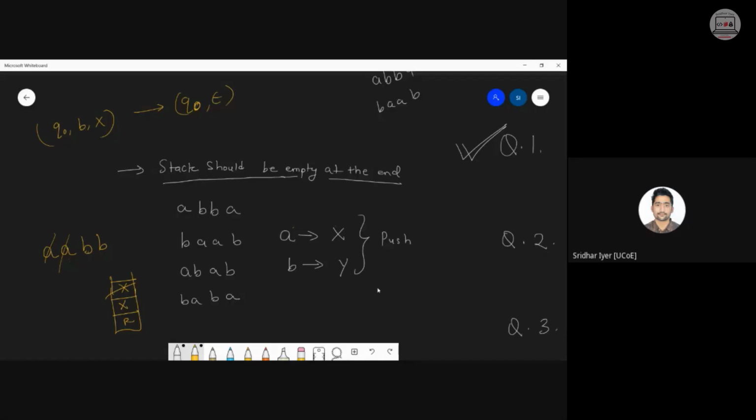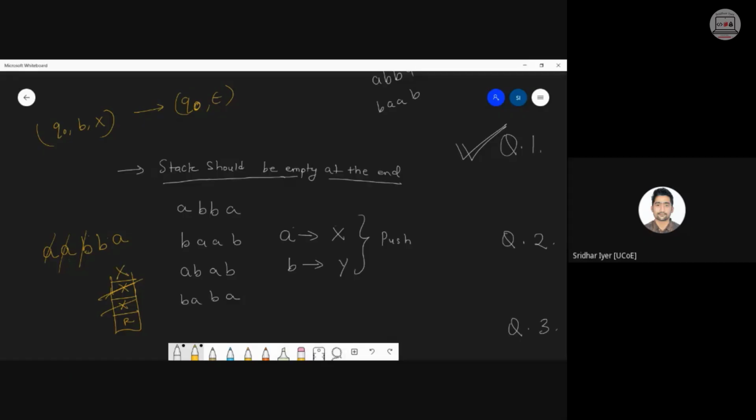So ultimately, whenever I encountered this B, X was on top, I popped it. Again I encounter B, what is on top? X is there, meaning A was read, pop it up. In the end, what is left? Your stack became empty. So it simply means that an equal number of A's correspond to an equal number of B's. But for example, if another A came later, now we know that an A has come, and the stack is empty now, so it is nothing but an A on top of the bottom symbol. So we are going to push one more X.